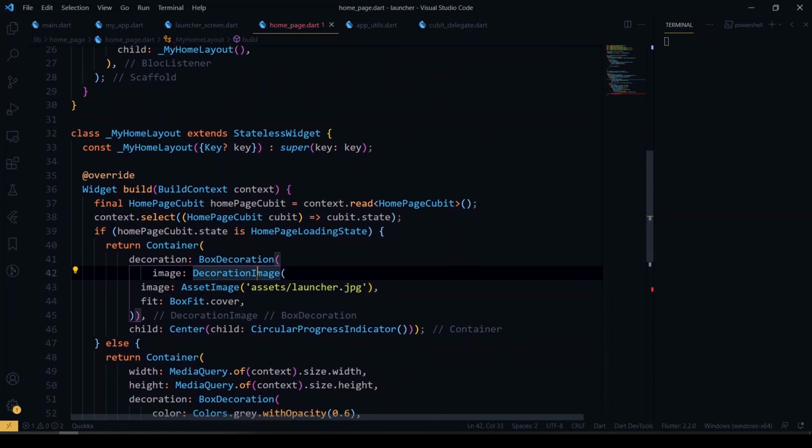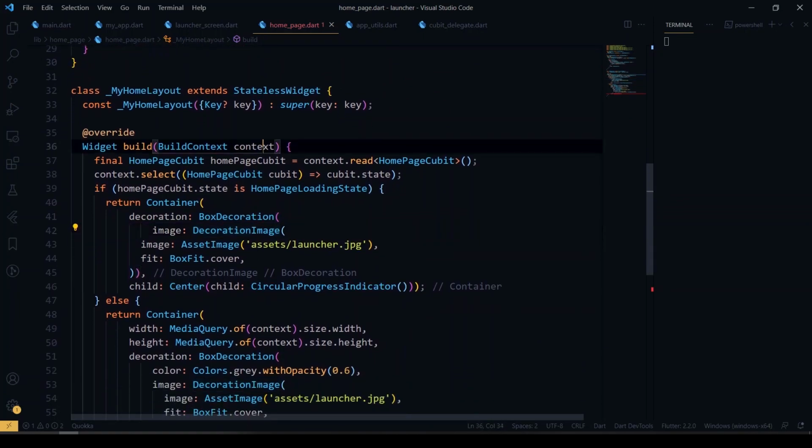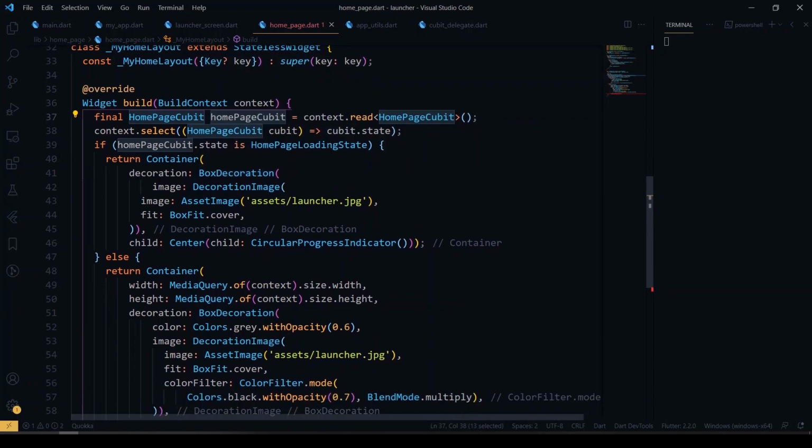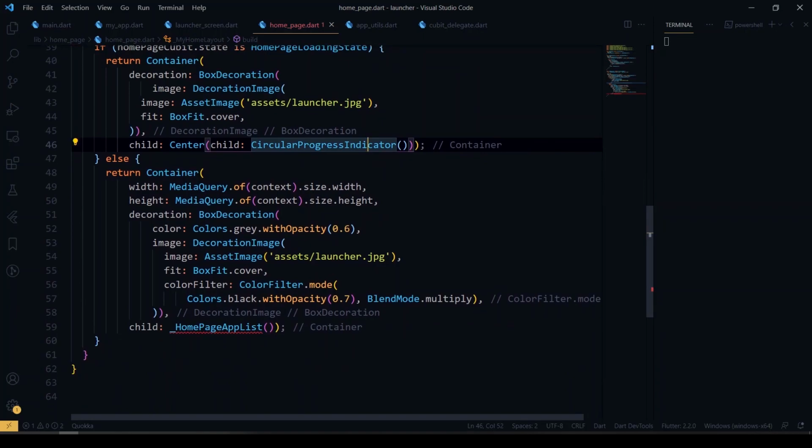Inside the home layout, I have called our home page cubit, and if the state is the loading state, I'm showing a circular progress indicator; if it is not, I'm showing the list of applications installed on the user's device.